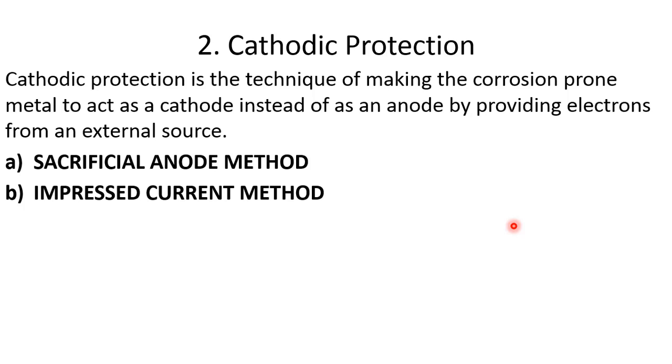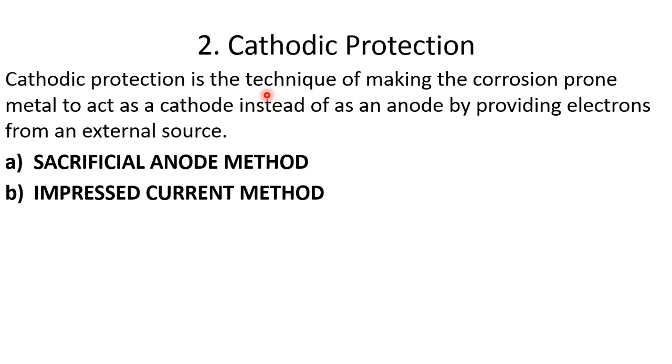According to the electrochemical theory of corrosion, we already studied that during corrosion, over the surface of the metal, millions of tiny galvanic cells are formed. At the anode, oxidation takes place, and at the cathode, reduction takes place. Under the cathodic protection technique, the whole surface of the corrosion undergoing metal is made to act as a cathode. When it is made to act as a cathode, what happens? There will be no anodic points over the surface of the metal. Only cathode. The entire surface is cathode. The cathode means it has to undergo reduction, but metal cannot undergo reduction, and it is protected.